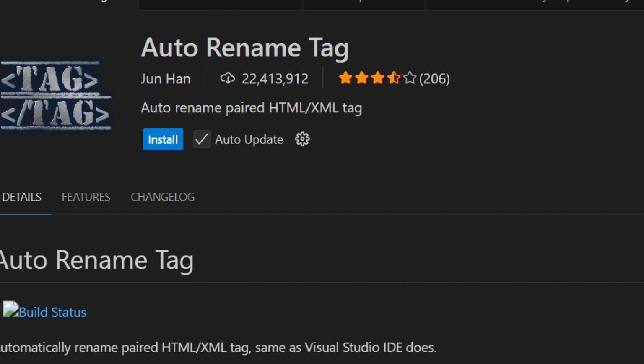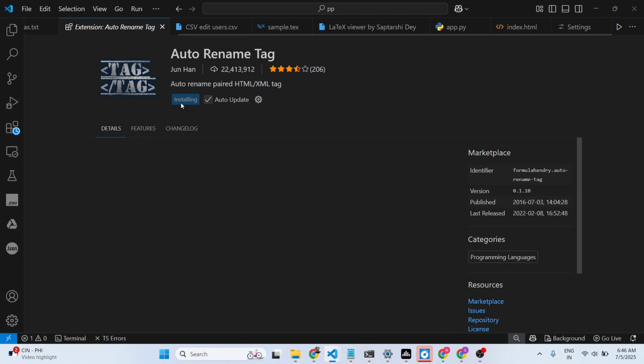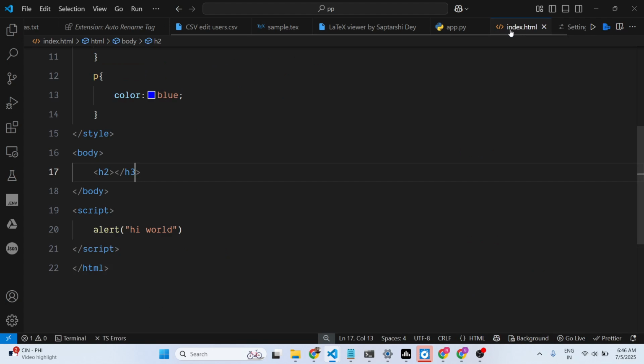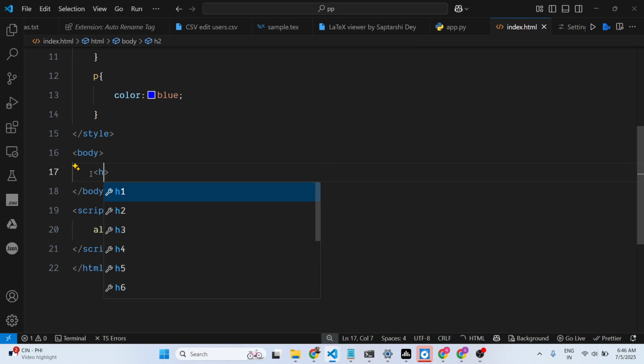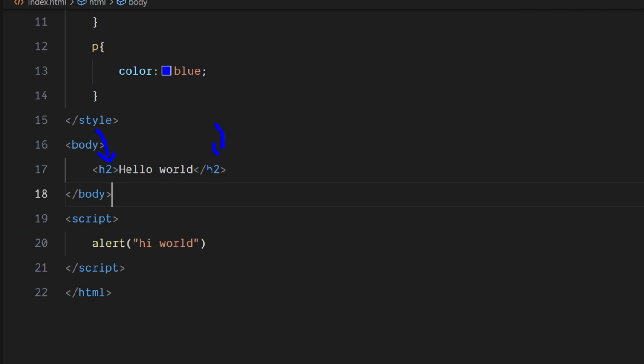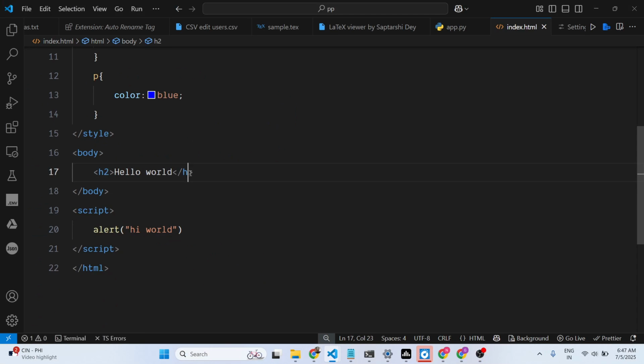So simply click the install button, and now this extension will automatically rename the tag for you. So now if I do the same process here, let's suppose we have a simple heading, and I need to change this tag here from H1 to H2. And as I do this, you will see automatically here also it will change. If I change it to paragraph,